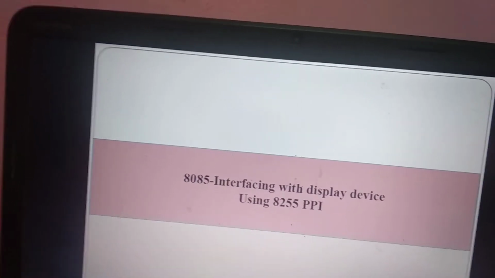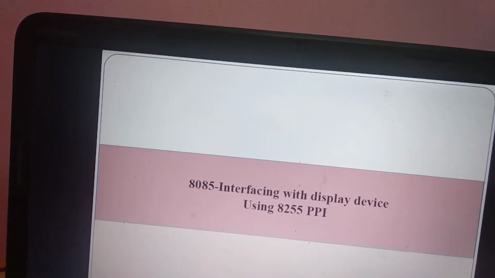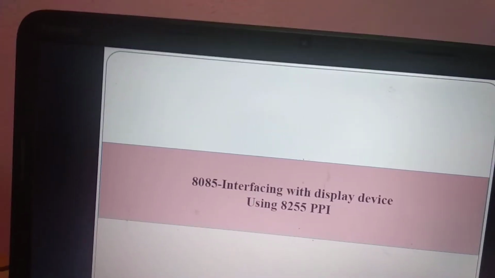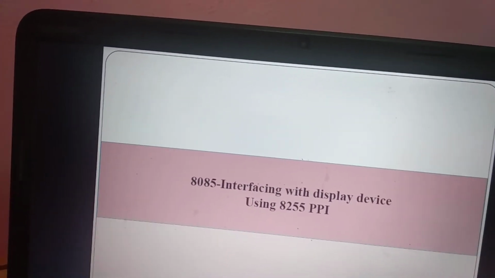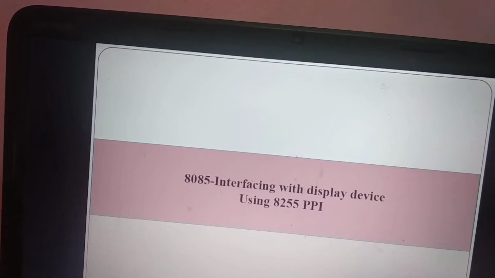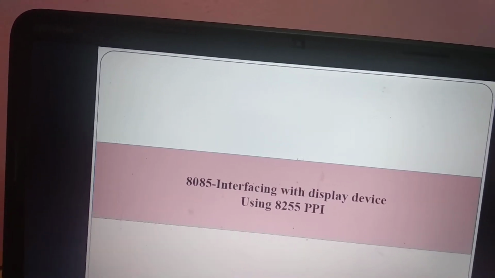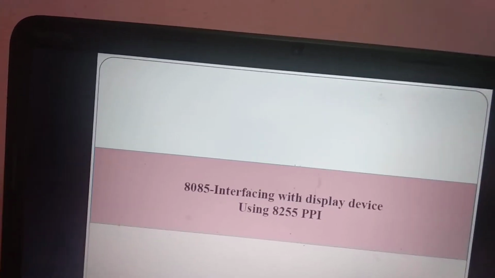It can be the 8085 or any other processor. Today I'll be discussing the 8085 microprocessor and its interfacing with a display device using the 8255 PPI.